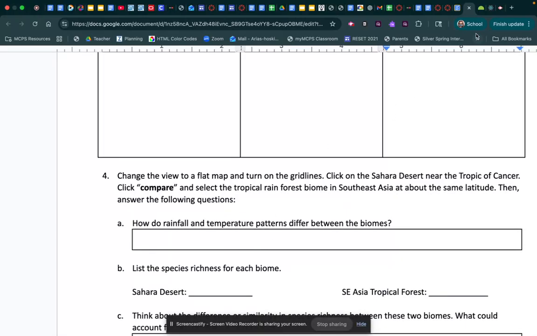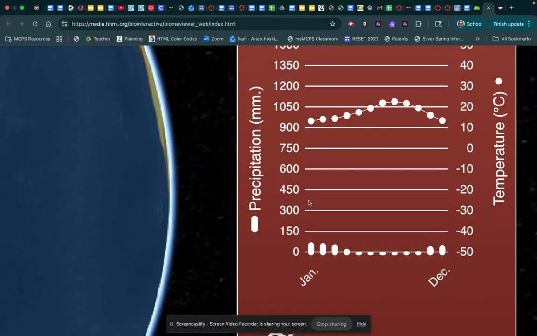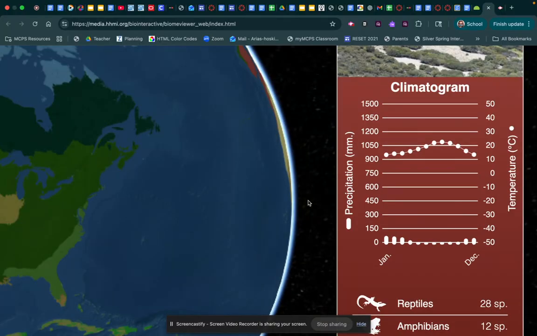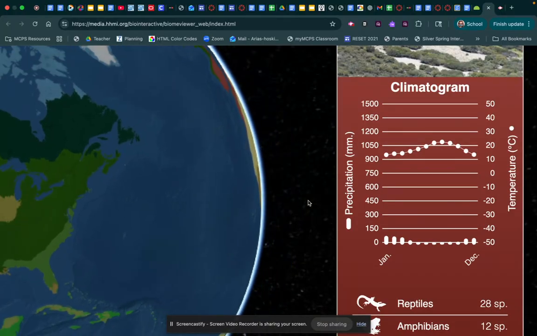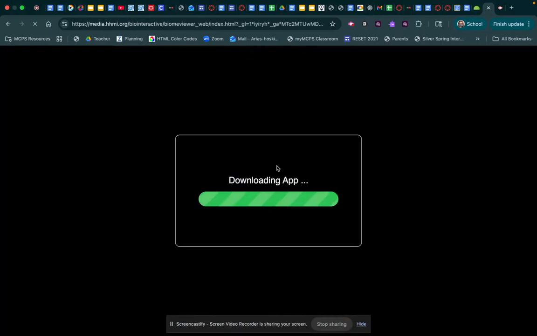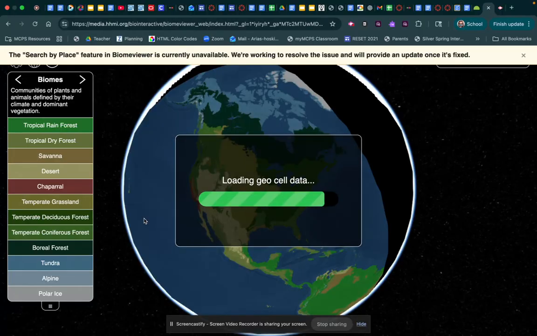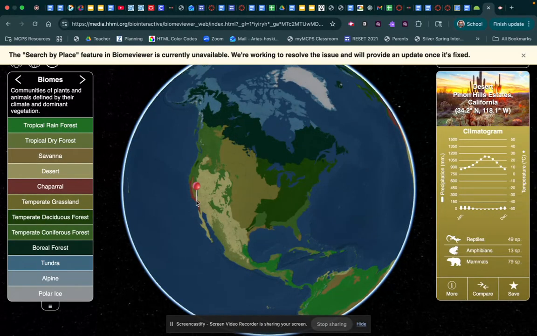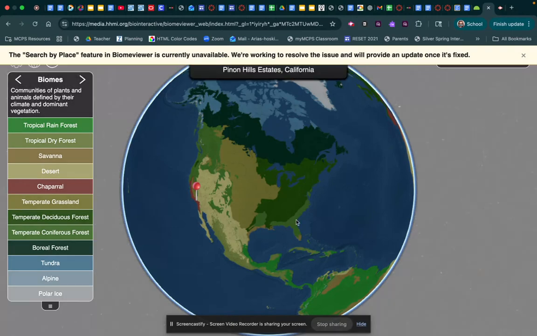I'm going to give you an example. I already have the chaparral open. Okay? What I'm going to do, I'm going to actually go here. I'm going to minimize it if I can. If not, I'm going to open it again. I'm going to pick the chaparral again. Okay? I'm going to click compare. When I compare, you can actually pick any of this. In your case, it says it has to be between your biome, keep your biome open, and then select the